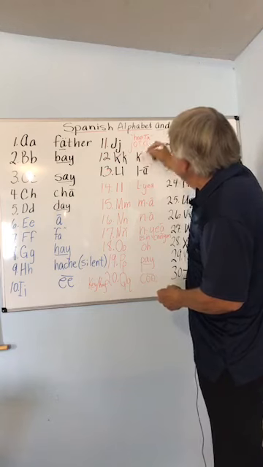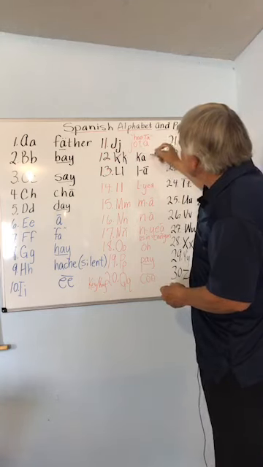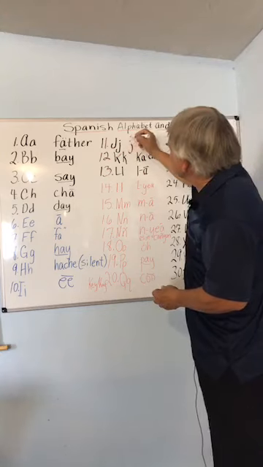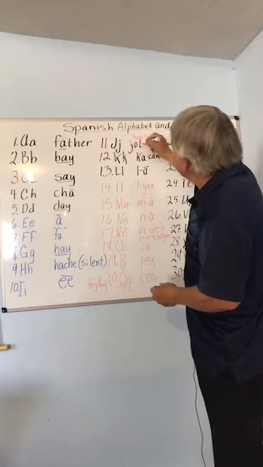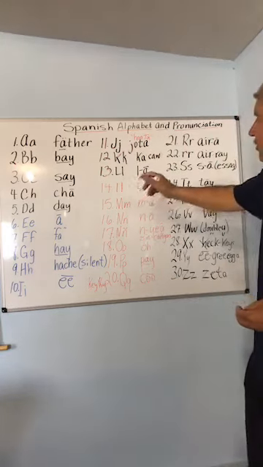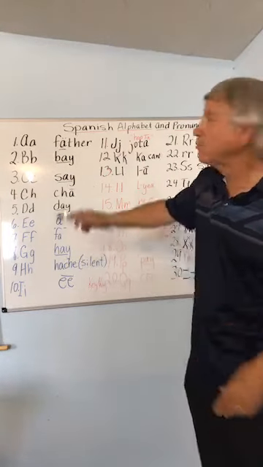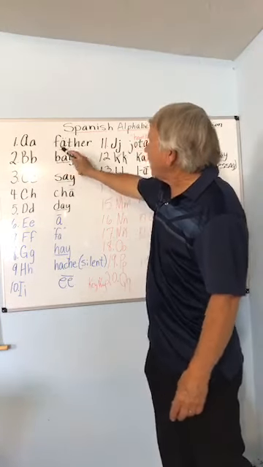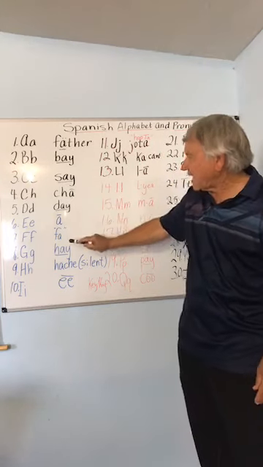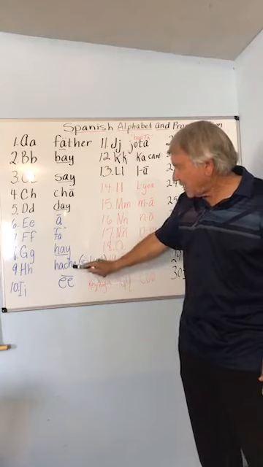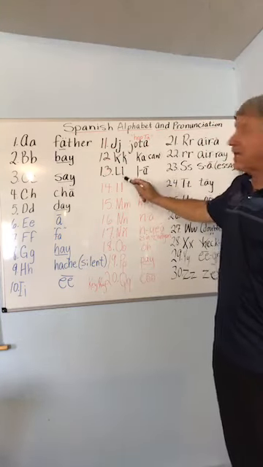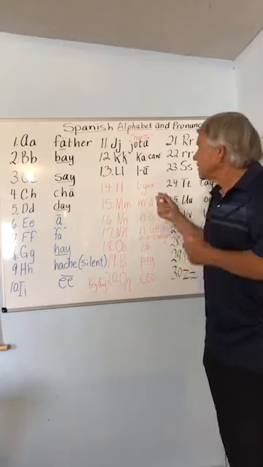When you have ka, remember the crow sound, ka. And then jota, that was up here for 11. Jota's the name. Okay, let's go through these now from the beginning. Everybody with me? A, be, say, che, de, a, fe, he, ache, e, jota, ka, ele. Okay, then we get to